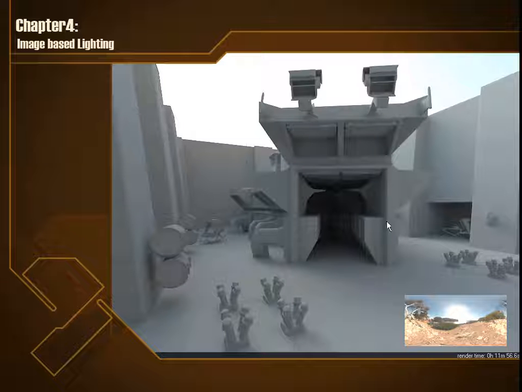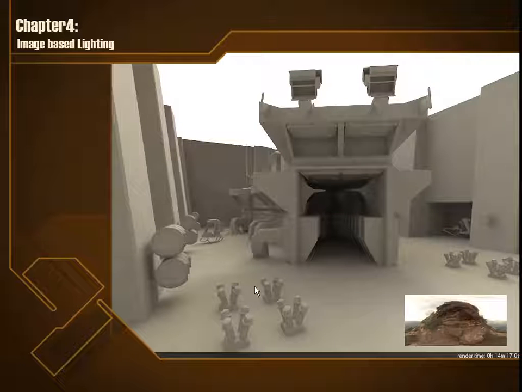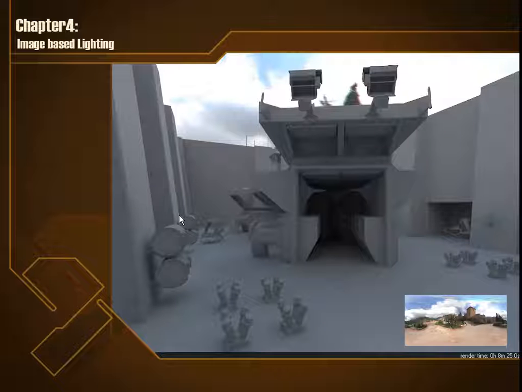tie in where the lighting's coming from a little bit better. But anyway, this kind of gives you the idea of what's going on here. This particular one, as you can see, is a much more yellow sky, and sort of provides that yellow feel to everything. You start to see some shadowing going on here, but don't think that it's going to get much sharper than that. Here's another good one. This shows